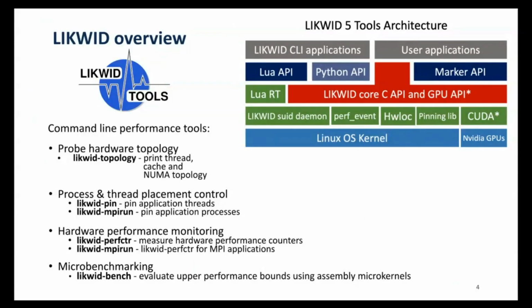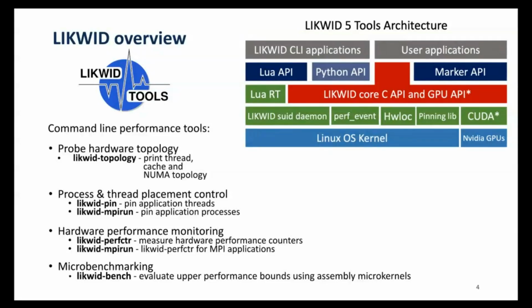So in particular, we're going to look at the tools that can be used to do 4 key things that might be of interest, namely to probe the hardware topology of a given architecture. Of course, there are a number of tools to do this, but LIKWID provides another one. Understanding how LIKWID probes hardware topology is important because it gives us the basis for understanding how LIKWID sees any particular architecture it's running on, and in particular how other LIKWID tools refer to the underlying architecture when you use them. So the second of the 4 things that we thought might be of interest is LIKWID pin,